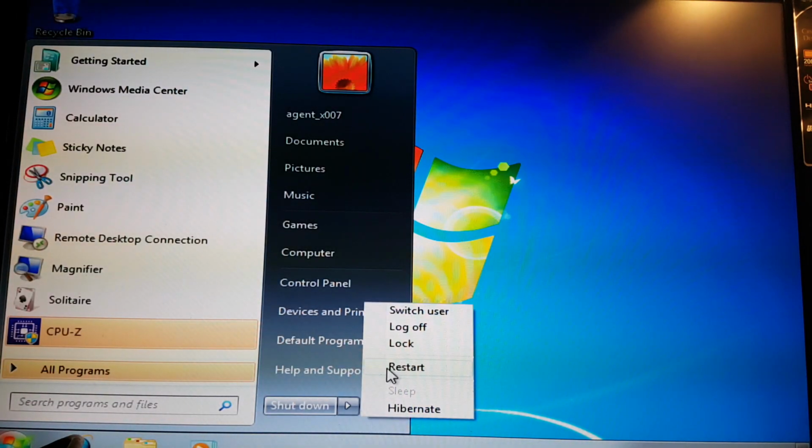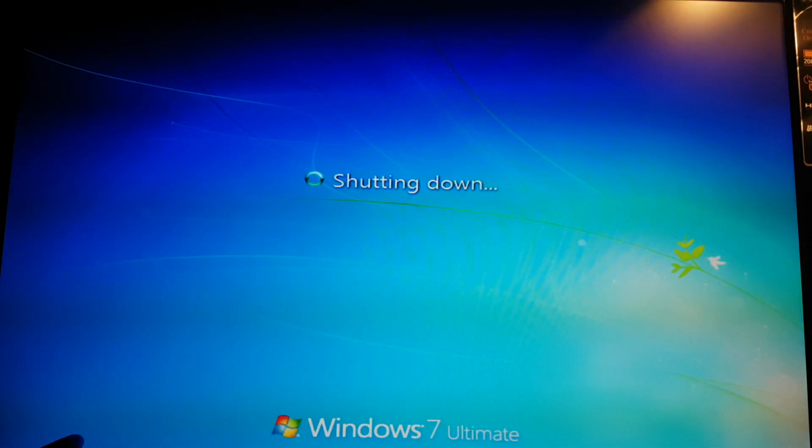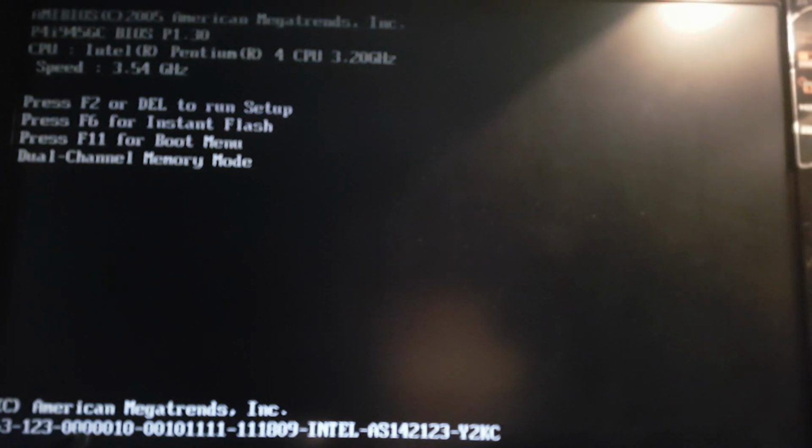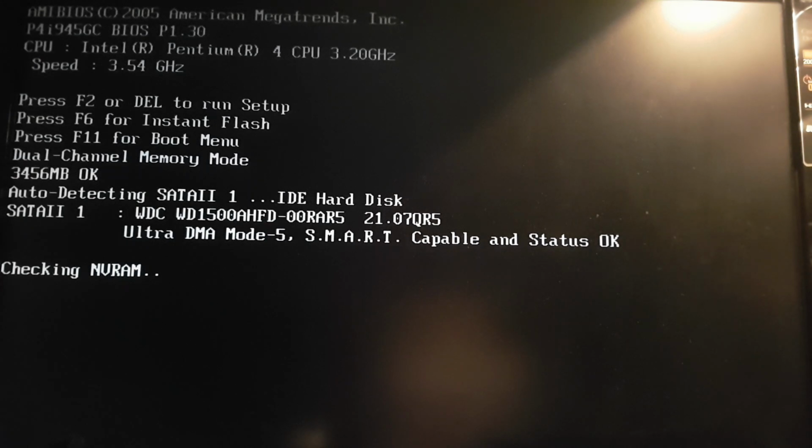So I will restart the system so that you guys can again see how it works, and I will pause on the important parts. So again, I'm using a Pentium 4, 3.54 gigahertz with 3.5 gigs of memory, because this chipset can't support 4 gigs. This is a 32-bit chipset, and this is our hard drive I'm using to boot from our